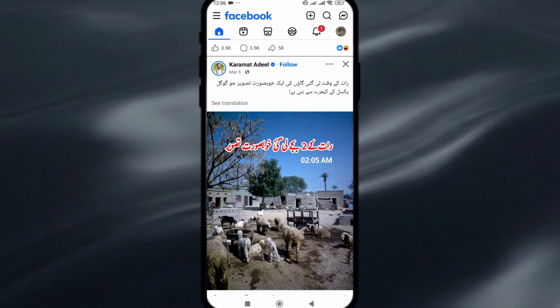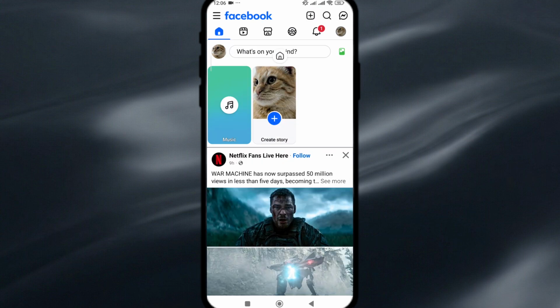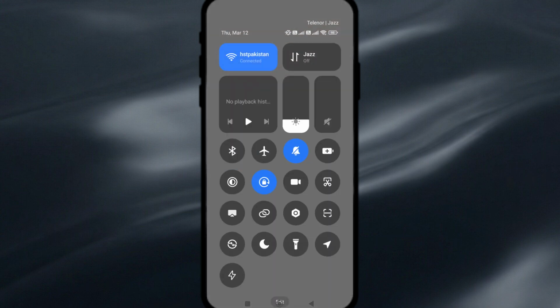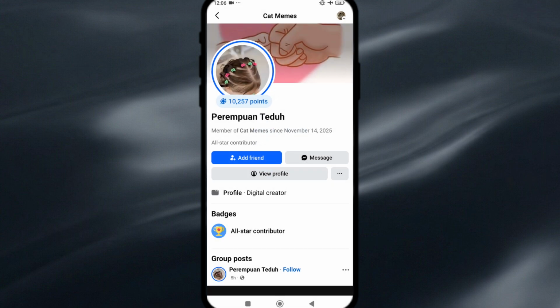Once the app opens, do not tap directly on the story you want to view. Instead, turn on airplane mode on your phone to disconnect your internet connection. After that, go back to the Facebook app and wait a few seconds so the already loaded stories remain available